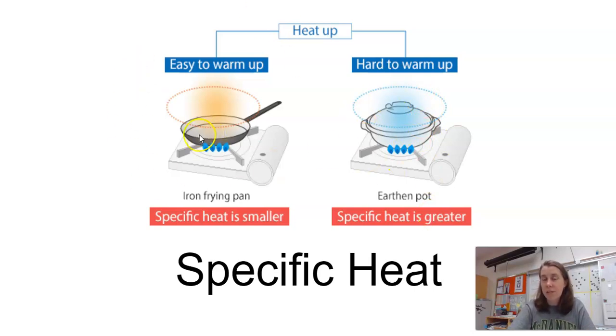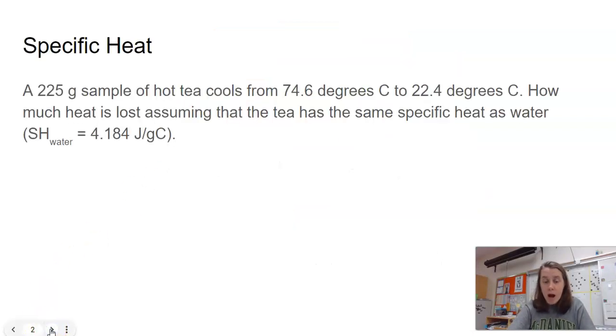So small specific heat, metals. Large specific heat would be other substances like clay or glass. Water also has a very high specific heat. All we're really going to do in this lesson is make some calculations using specific heat. So the example I have here is a 225 gram sample of hot tea